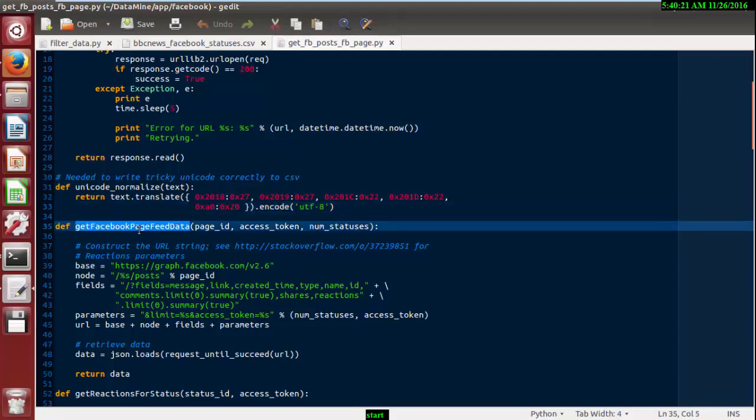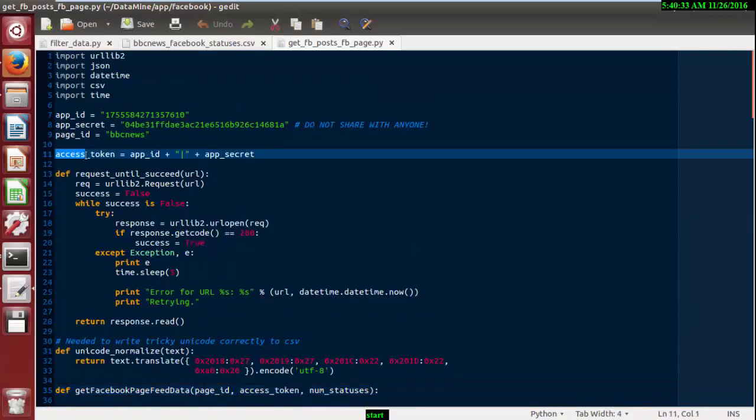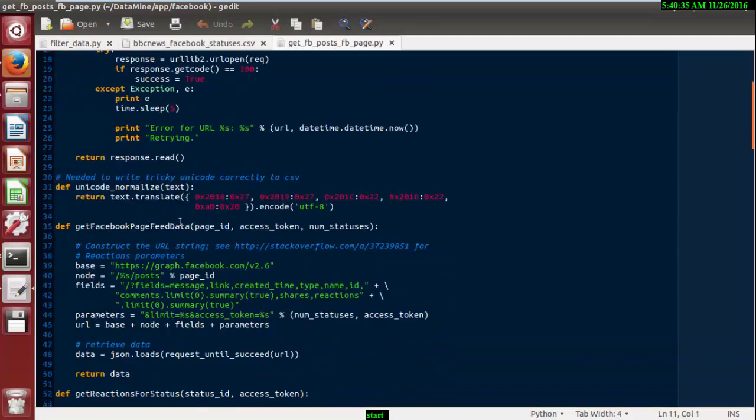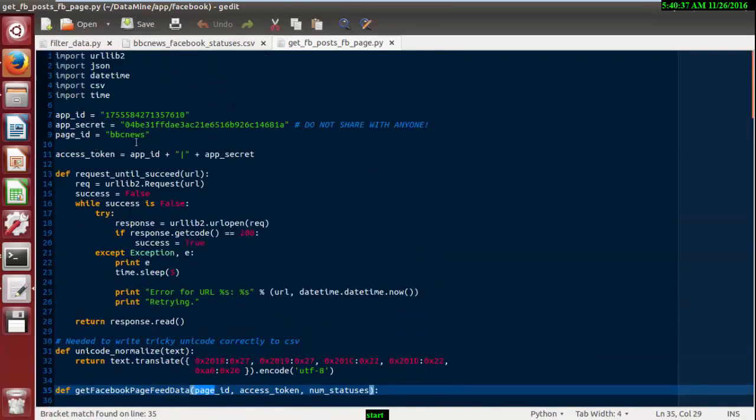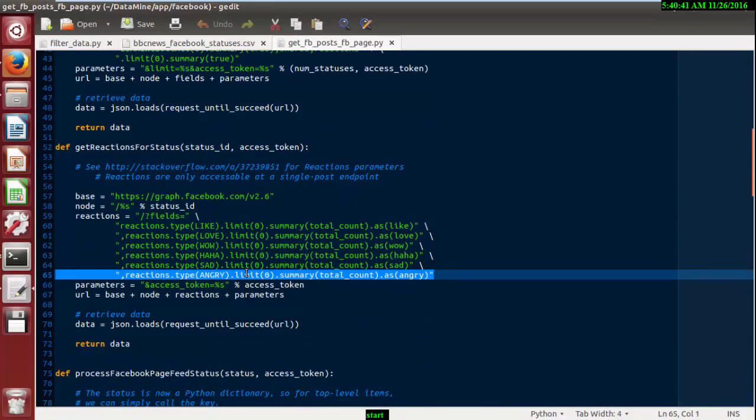This function is used for fetching the Facebook data. Here you pass the page ID; the access token I have already declared here. I declared the page ID as BBC News. We will be fetching data from BBC News.